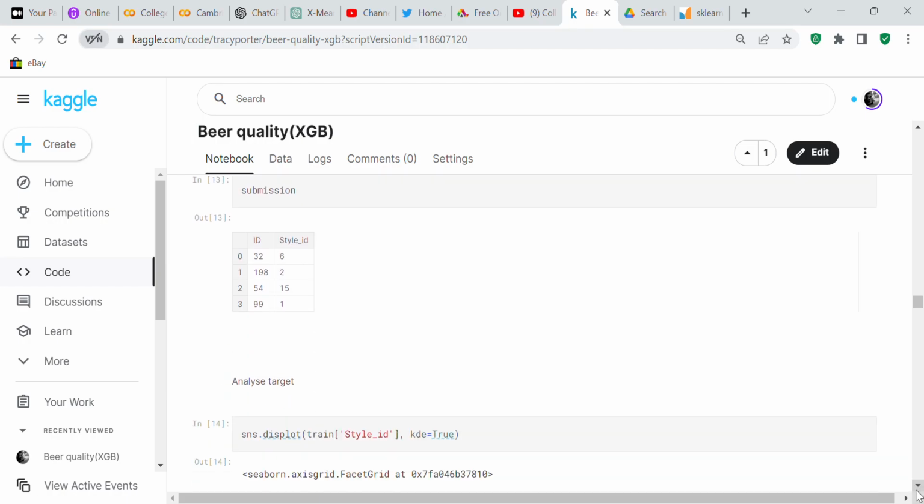And this is the submission file that I was supposed to do, and whenever I looked at it I thought to myself, oh well, they only want you to do 4.